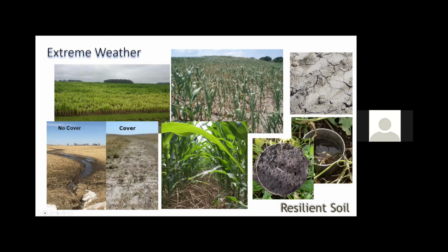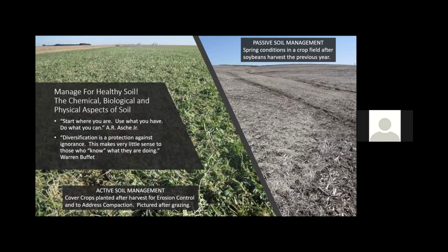And I use a term that Paul Yaza has taught me, active versus passive soil cover. And I believe that's who I heard say it first. And I liken that to these two pictures. The picture on the right is a soybean field left fallow during the winter season. And we see two straight lines running up that hill, up that valley there, that small depression. That's sprayer tracks. And they're going right up there, and water concentrated there and produced a gully during the season